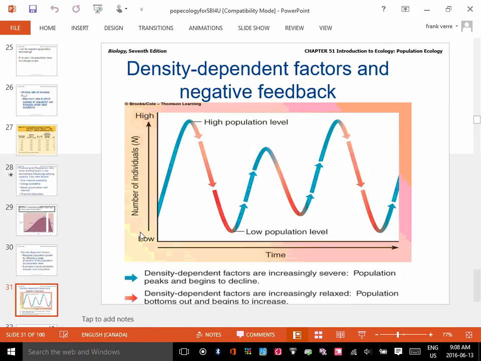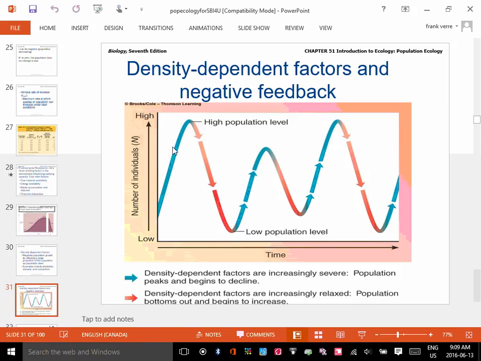When you look at density-dependent factors, you'll notice that they do something to a population. As a population increases and food becomes harder to find, going back to the example of a food shortage with hundreds of thousands of people, most people will not find any food, right? What will happen then to your population? It will crash. People will die. Individuals will die. When there are fewer individuals, they need less food. So then what could happen is the population could rebound.